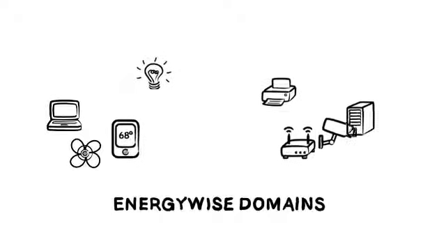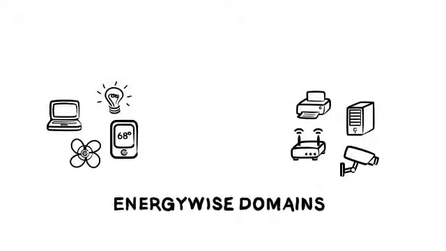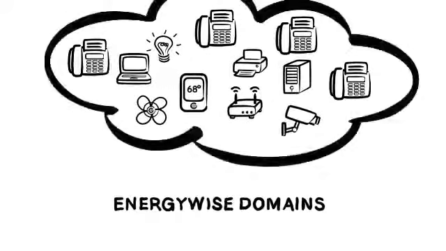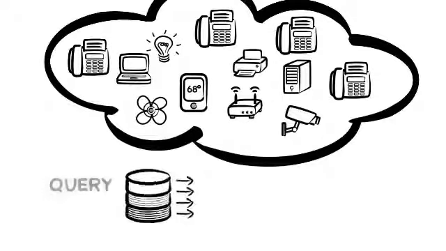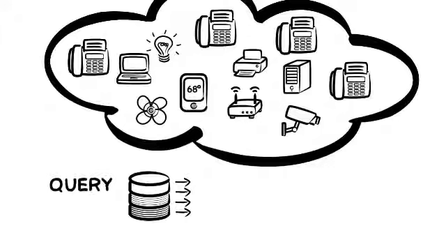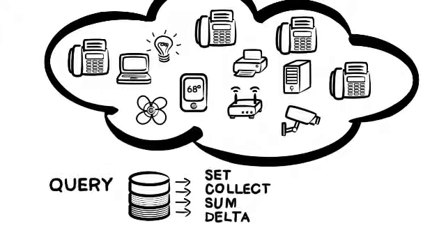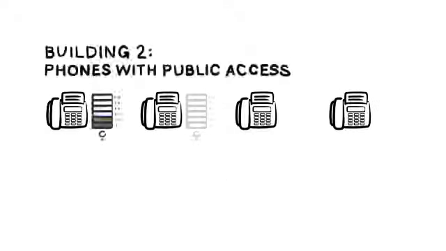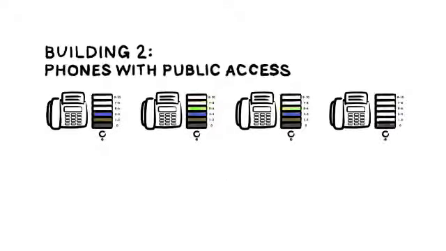EnergyWise domains give the network admin a method of visually grouping devices into logical power consumption groups, such as floor or department, as well as assigning a role for additional granularity. Cisco devices assigned to an EnergyWise domain self-organize to become part of the EnergyWise cloud. You can now query groups of devices with commands like set, collect, sum, and delta, or even unlimited keyword or tag searches. For example, show me the power usage on all phones for Building 2, Floor 1, tagged with the